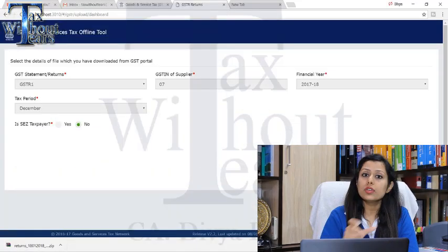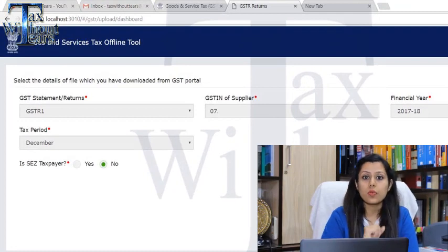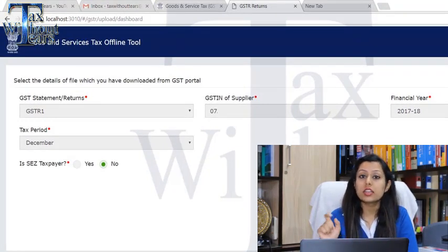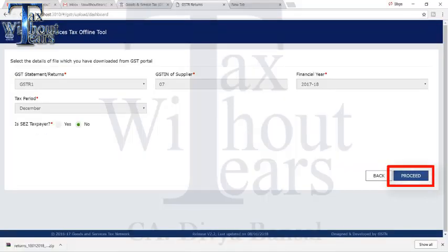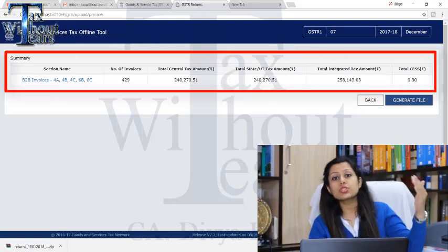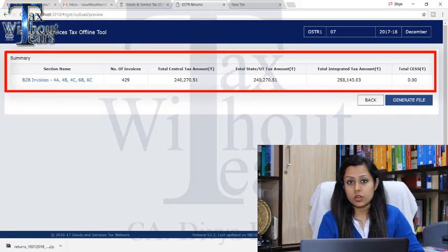Once you select it, you will get this autofill form which will be showing you the GSTR1, your GSTIN, your financial year and your return period. Then click proceed. Once you click on proceed, you will have the same summary which is showing on the portal online, that is 429 invoices in the B2B column.